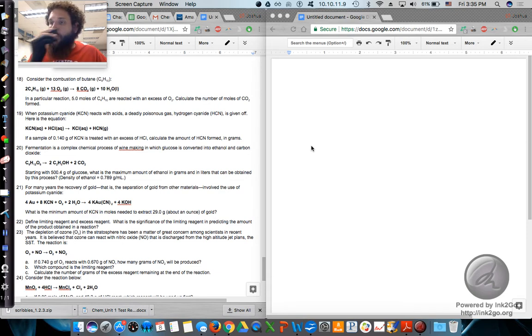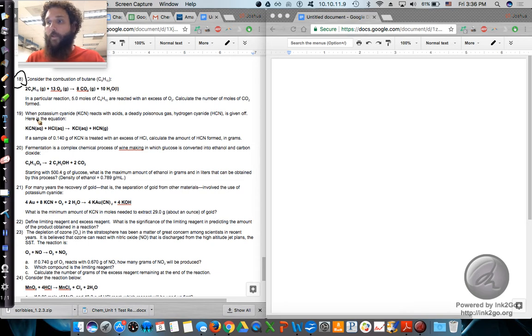All right, number 18 here is one that I'm not going to do right now because it's just like the other problems up above, 17. It's a mole-to-mole conversion, so we're going to skip that one. We're going to go to 19 here, where we have an actual mass-to-mass stoichiometry problem. So actually, we need to read through this first to make sure that you understand what I'm saying and you're following